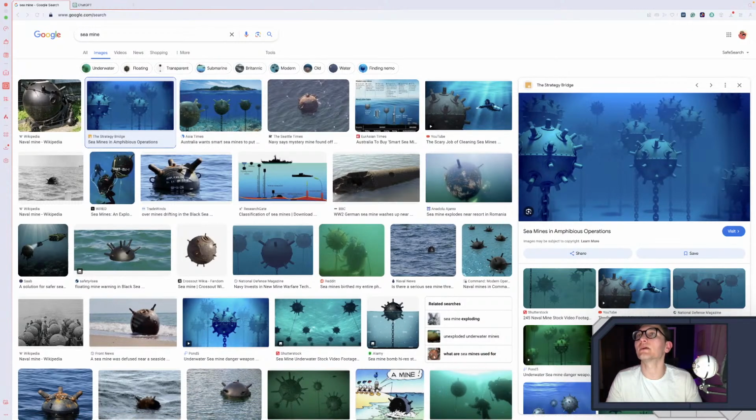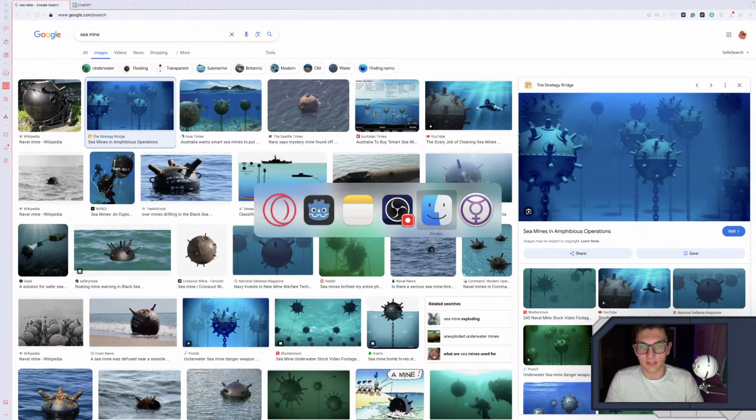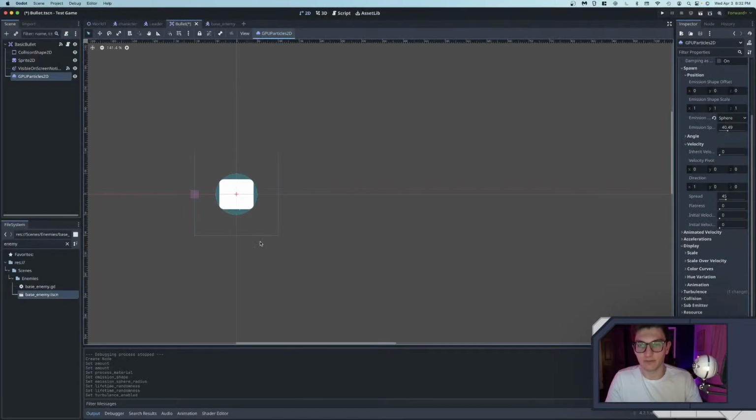How much do I really have open? I guess I do have quite a bit open, but not. Okay, there's that. Don't need that. I mean, the notes show should not be doing it. Still doing it. Whatever. Okay, spread, 45, flatness, initial velocity,